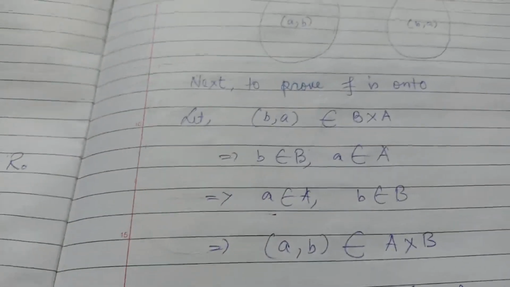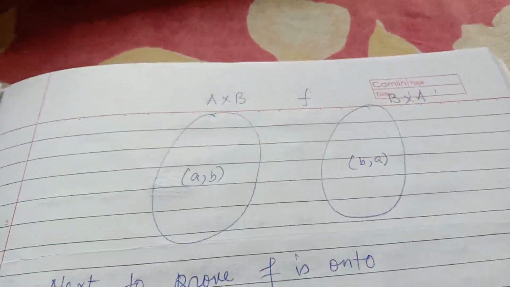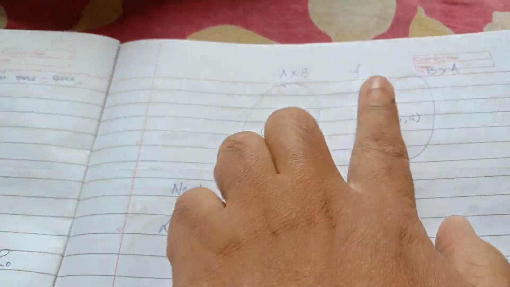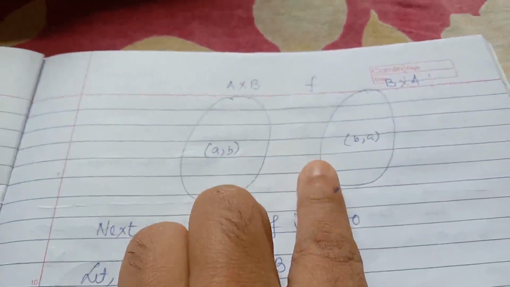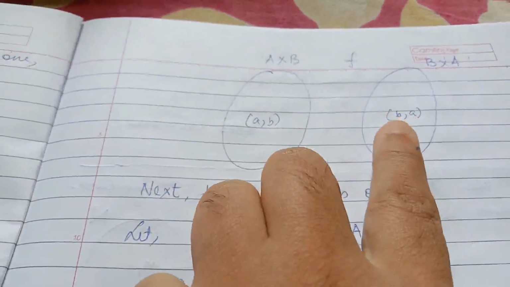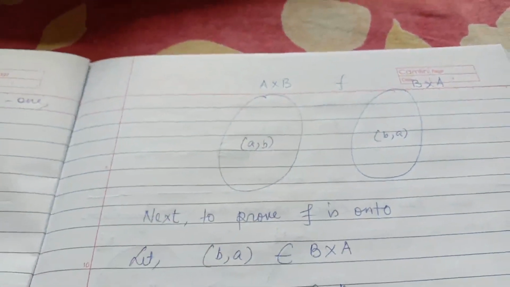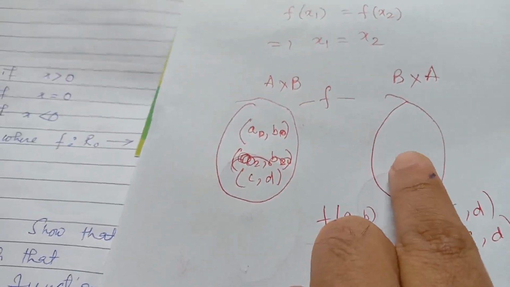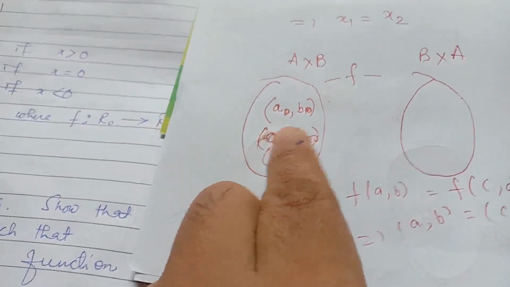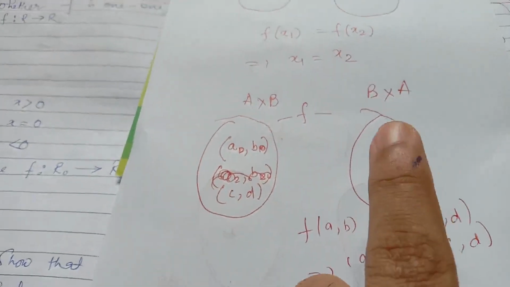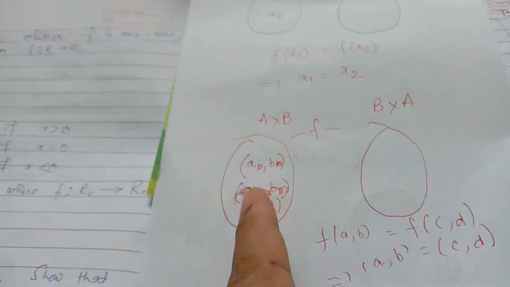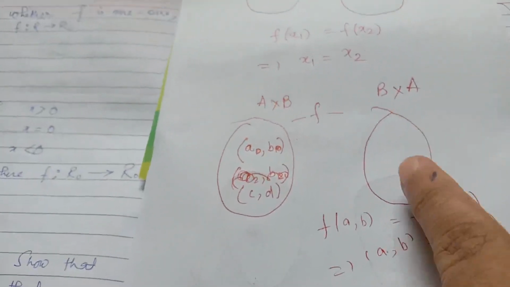Okay. Next, to check whether the given function is onto or not. To check whether the given function is onto means all the elements of the codomain are connected. By definition, we take an element y in this set and try to find an element x in the domain such that f of x equal to y. Actually, we want to prove all the elements of this set are connected. For any element in this set, there exists an element in this set with which this element is connected. So all the elements are connected means the function is onto.